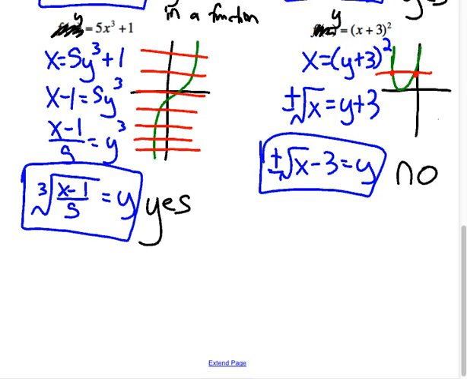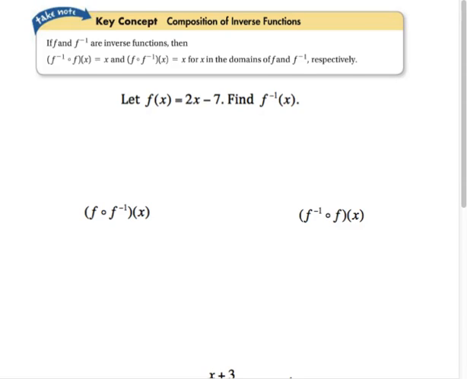Okay, so again, those mental images of all these graphs we've talked about, this is going to be critical to your success throughout this section, and determining whether something is or is not a function. Now, the really neat thing is you can actually use compositions to show if something is a function or not, or to show if something is an inverse or not. So to show you how this works,